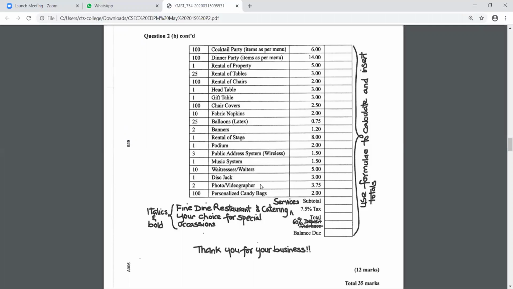60% multiplied by what? Am I multiplying it by subtotal? Am I multiplying it by the candy bags total? Am I multiplying it by what? You multiply by total. Very good. So to work out 60% deposit, the formula is equal 60% asterisk, and you click the answer that is in total, then you hit enter, and that's how you'll get this 60% deposit. Everybody got that?